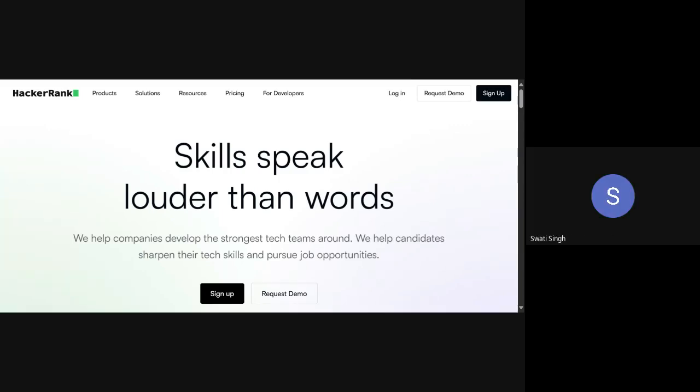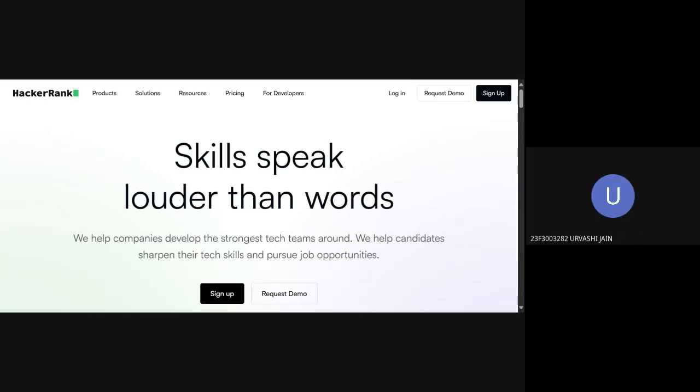Yes, for each set of questions that we will be asking after each session. For example, today is 7th of Feb, then we will be ending this on 9th of Feb by 7 p.m. How are we supposed to find the questions on HackerRank? We will be sharing the questions link on that group only. There you can go and sign up with your student mail ID. Then you have to answer them.